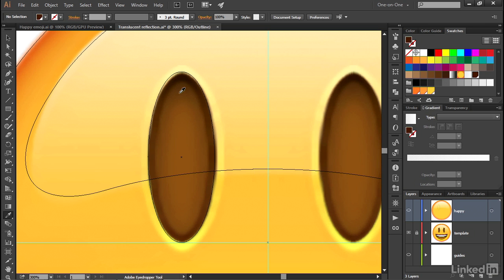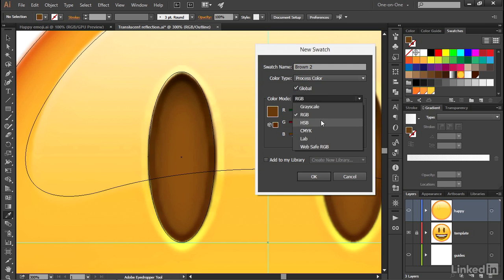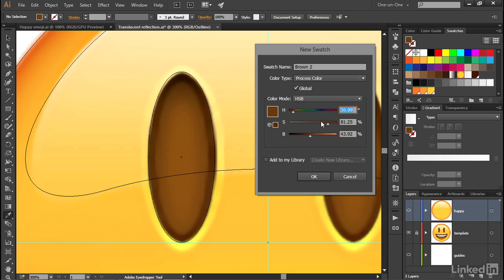All right, now you want to click in this sort of murky shade of brown near the top of the eye, and then having lifted that color, click once again on the little page icon at the bottom of the swatches panel, call this guy Brown 2, turn on the global checkbox just in case you want to make changes later, switch over to HSB, tab to the hue value and set it at 30%, so we're pretty close right now. I'll set the saturation value to 80%, and I'll take the brightness value slightly down to 40%,